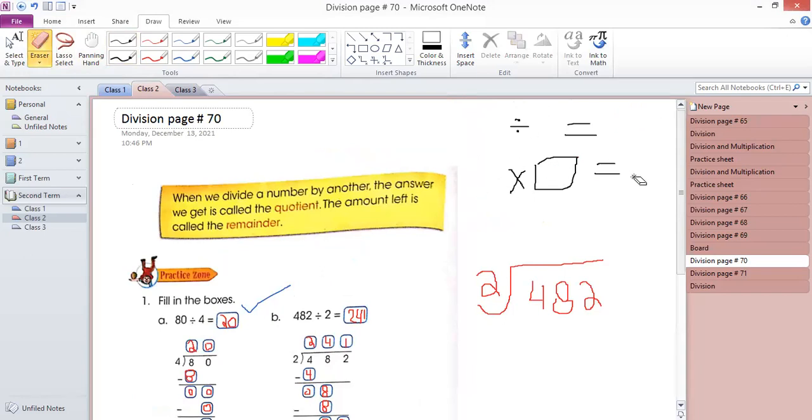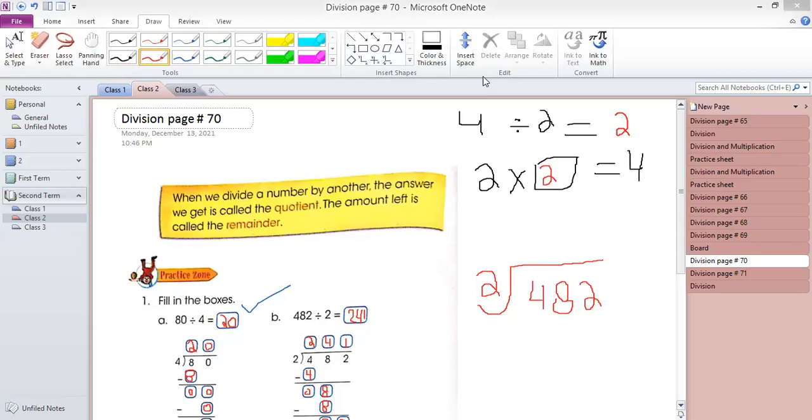To divide any number, look, this is 4 divided by 2. 4 divided by 2 means you will check the table of 2, that 2 how many times will give you 4. So 2 ones are 2 and 2 twos are 4. That's why 4 divided by 2 is 2. Is it clear, guys?